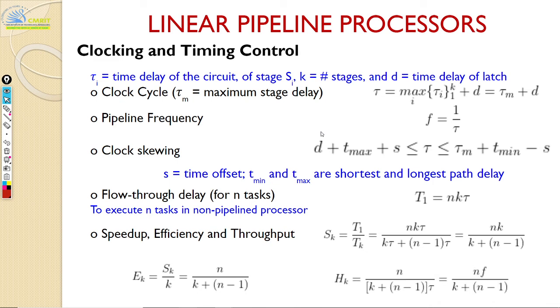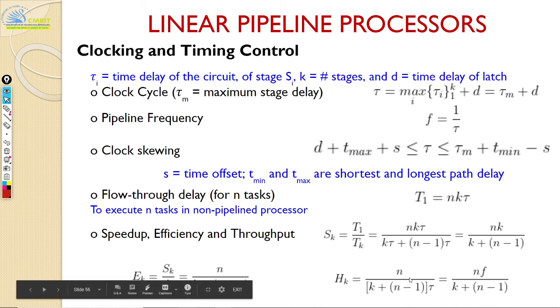And next you have throughput. Throughput is nothing but your number of instructions executed in a unit of time. Now we already saw what the time is, that is nothing but k plus n minus 1 tau. We just calculated it. So n is the total number of instructions, so n divided by total time, then you will get this expression here, n f by k plus n minus 1. Okay,